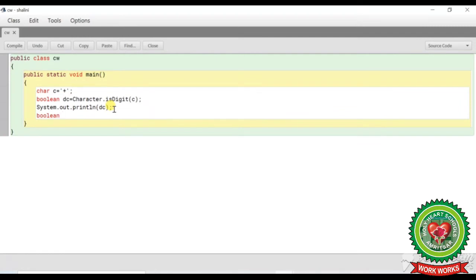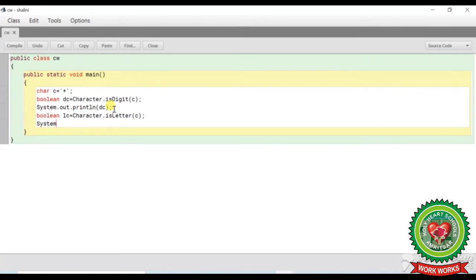in which I am going to take the result. lc equals Character.isLetter, and in brackets I will pass c, the same variable. Now System.out.println, in brackets lc, lowercase.